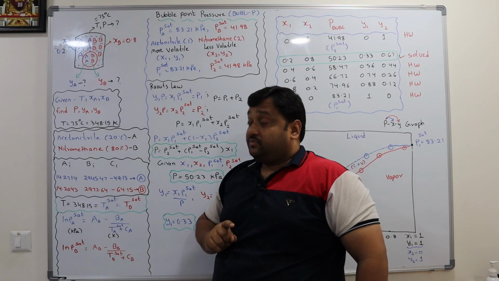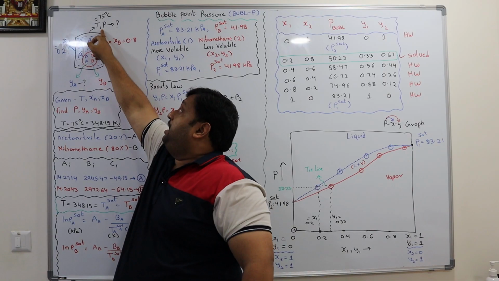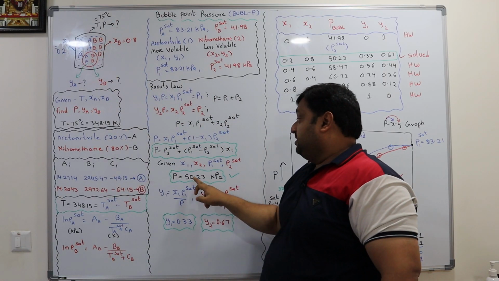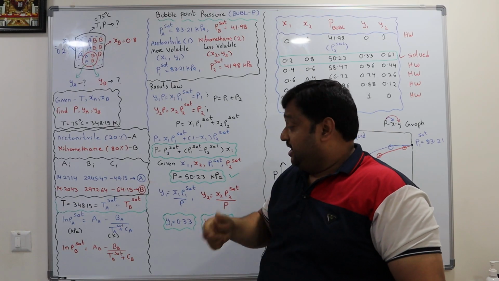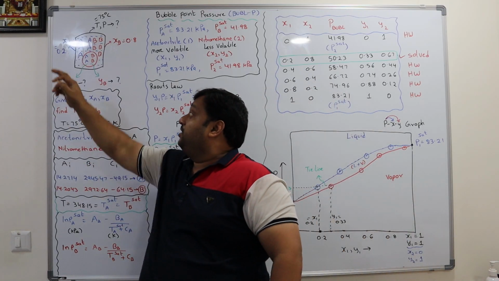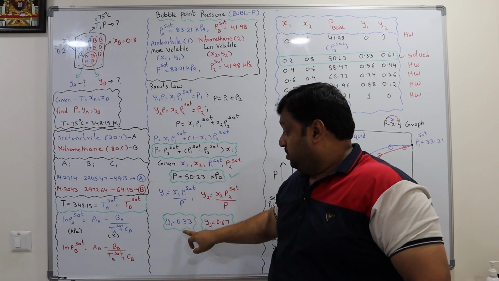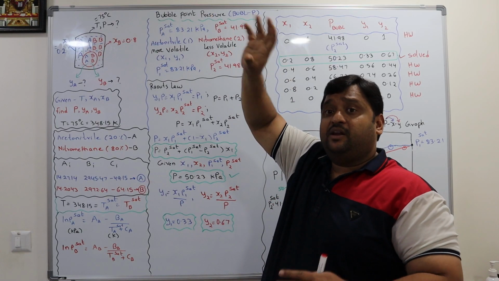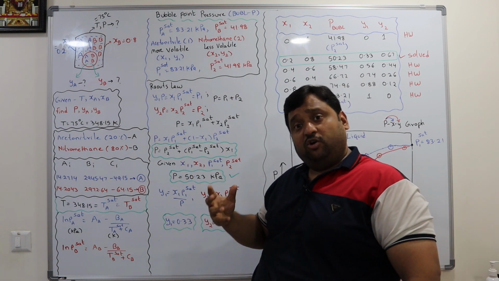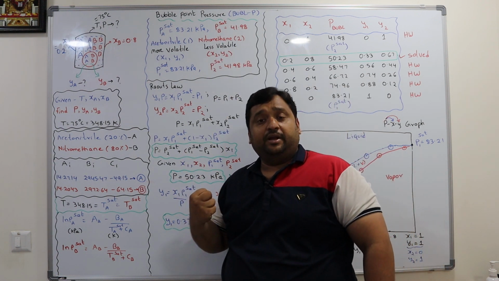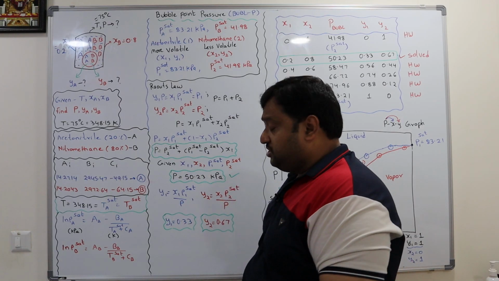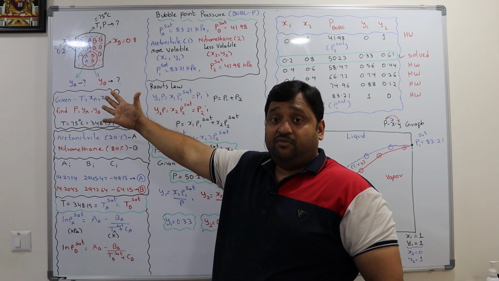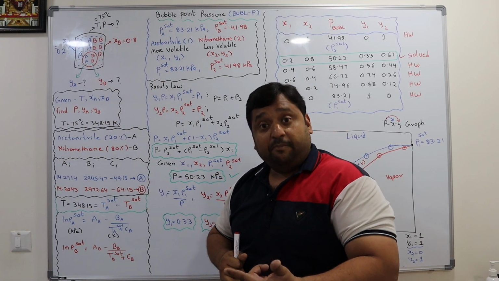Okay, that means if you keep 75 degrees centigrade in the container and pressure which is 50.23, then you can see the separation of 20% to 33%. Once vapor comes, you can simply remove the vapor and condense it. Automatically you get a purified acetonitrile. Okay, that is how you have to apply the Rolle's law for the case of finding the pressures and temperatures